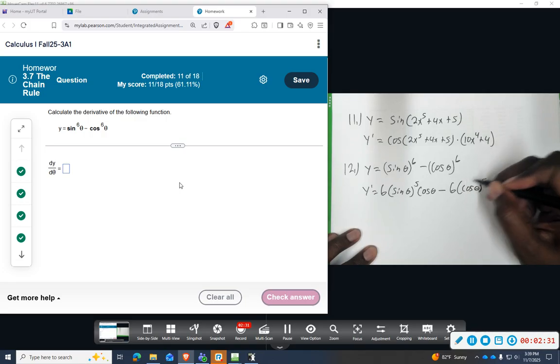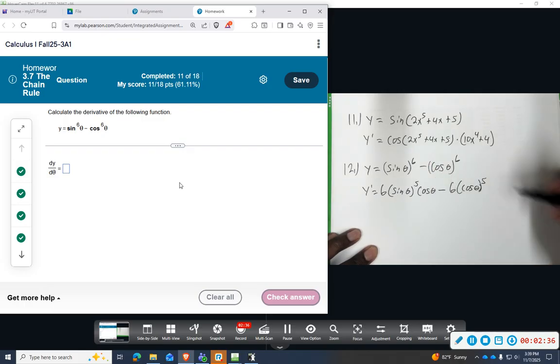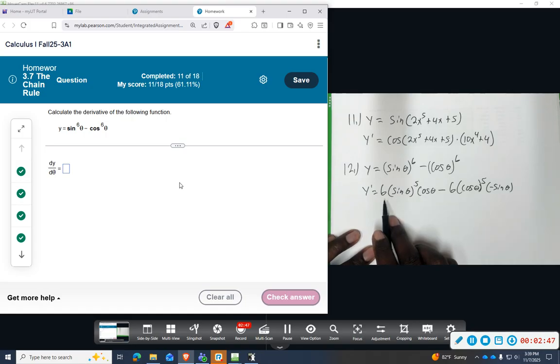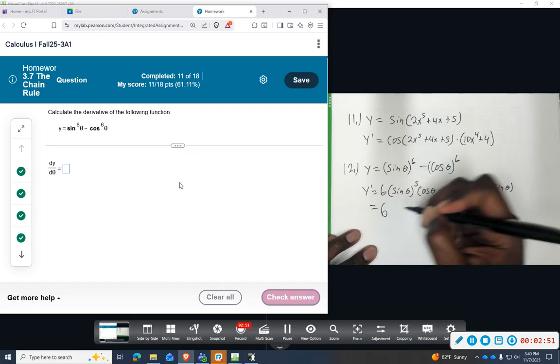So this is the power rule. And then derivative of cosine is negative sine of theta. So if I were to simplify this, I could say 6